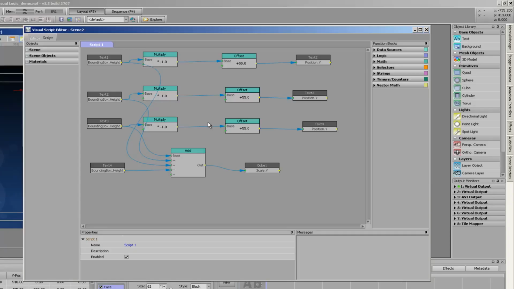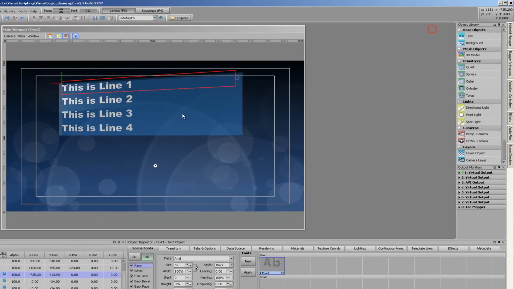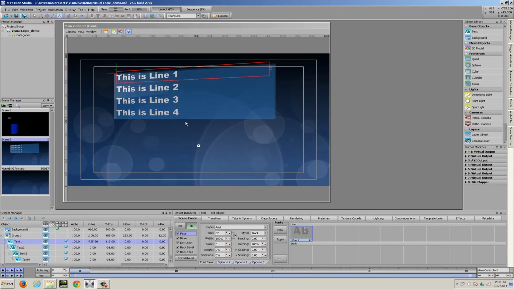So this is what the visual logic interface looks like. Essentially you have different blocks that you can build, and you can connect outputs of those blocks to inputs of other blocks to either modify the values that we're retrieving or to send those values to the input of another object. So in this example, what we're doing with visual logic is we're controlling the position of text objects based on the height of the bounding box of the previous text object. So this is a really practical example of something that a lot of customers are going to want to use